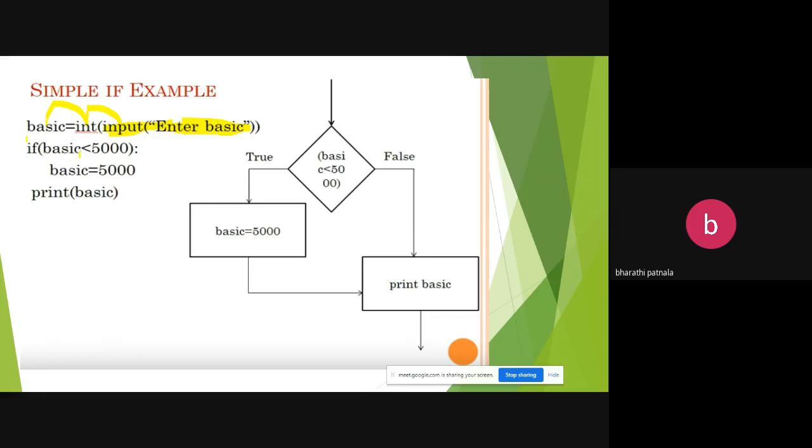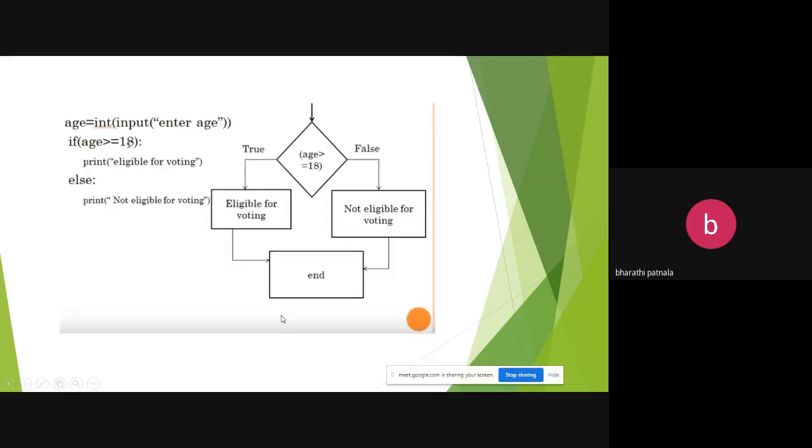If this basic value is lesser than 5000, then you simply assign 5000 to those people. Only the persons having a basic less than 5000. Otherwise, you simply print the basic value of the employee. Okay. So again, I will explain.